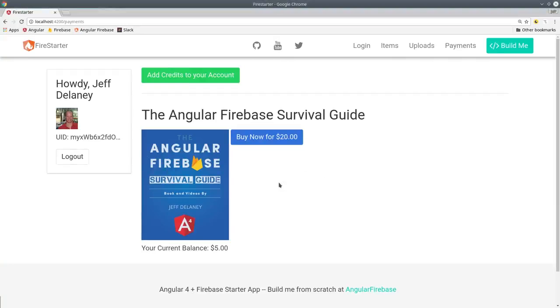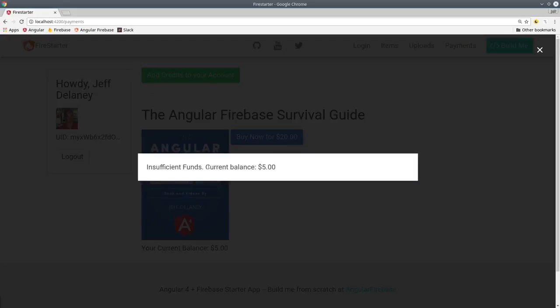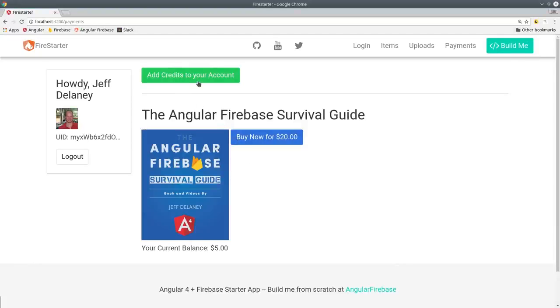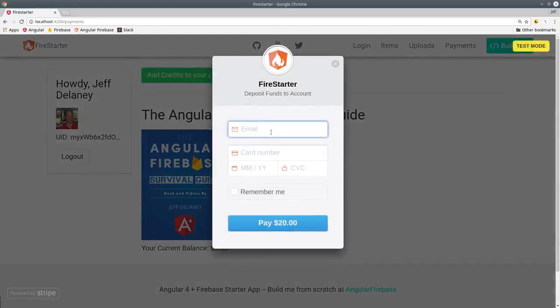Welcome to part 3 of Stripe payments with Angular and Firebase. In the last 2 episodes, we integrated Stripe checkout and charged the card with Firebase Cloud Functions. In this 3rd episode, we're going to use that charge to enable the user to purchase digital content in our